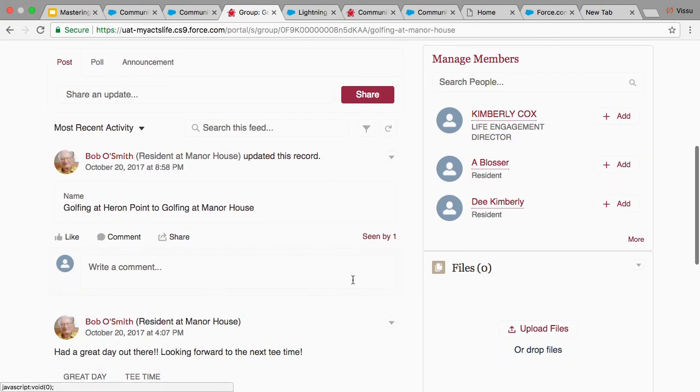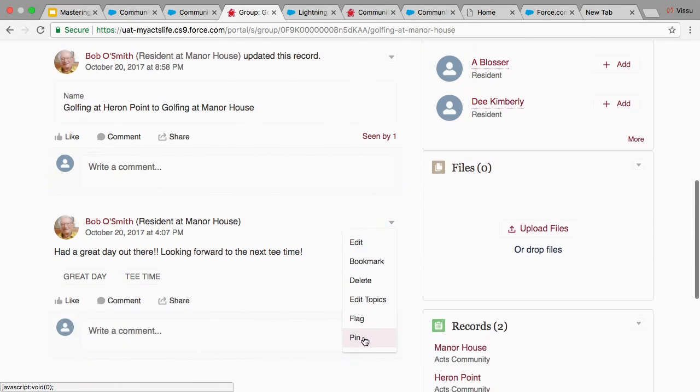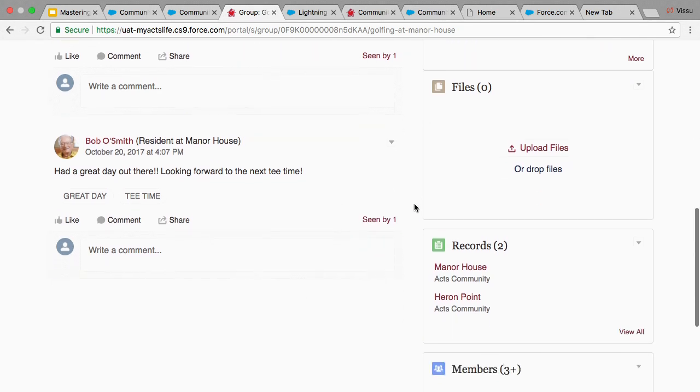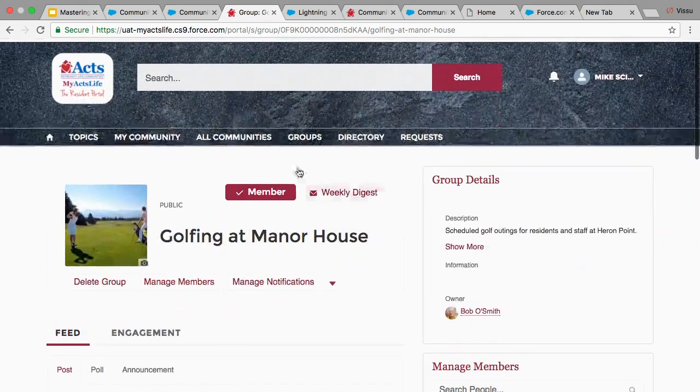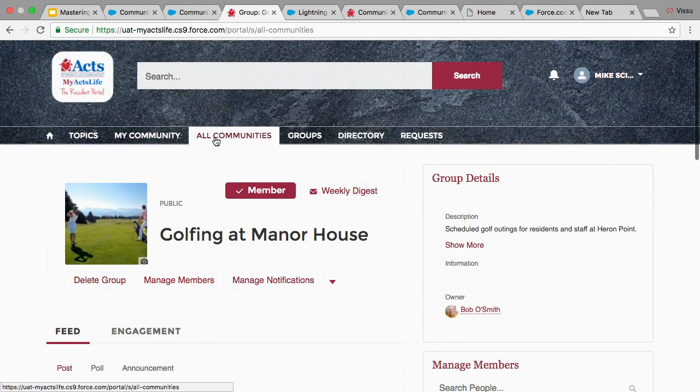Actually, a new feature that just came out in Winter 18 is the ability to pin. Pin makes the post stay at the top forever. You can only do one pin per group. Just wanted to point that out. You can link to any record in your database. We linked this group to a community so that when we go to a community page, which I'll show through here,